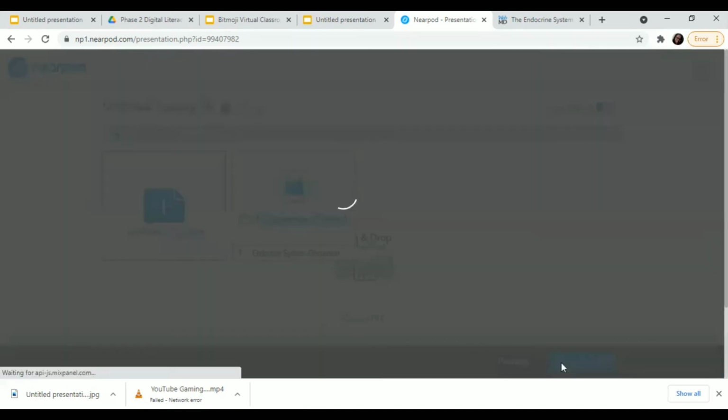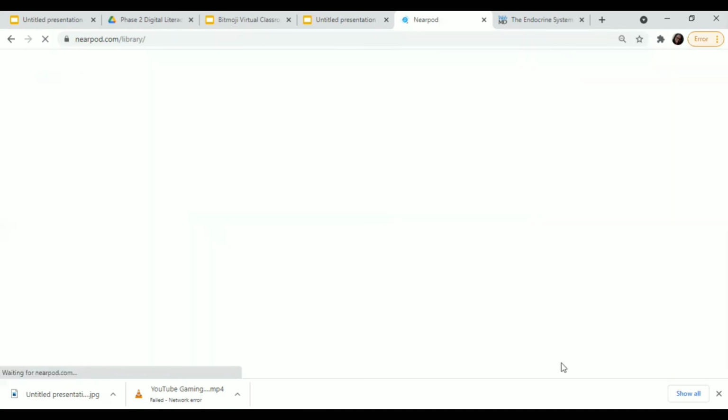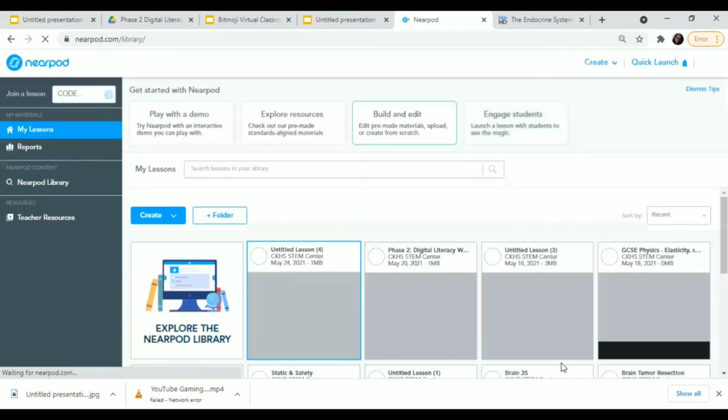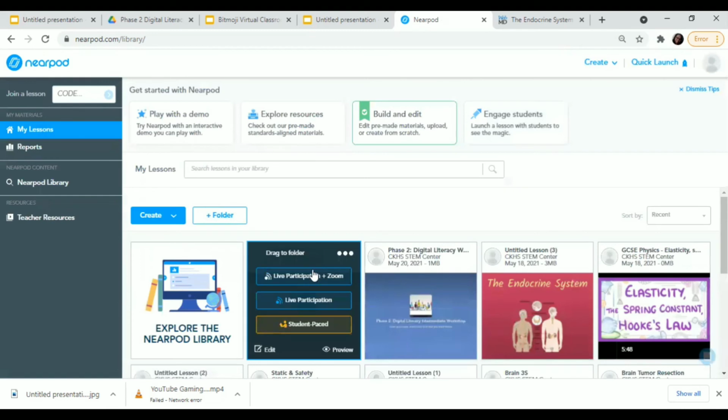And then click save and exit. So this is it. So what I'm going to do is I'm going to get the link for student paste,